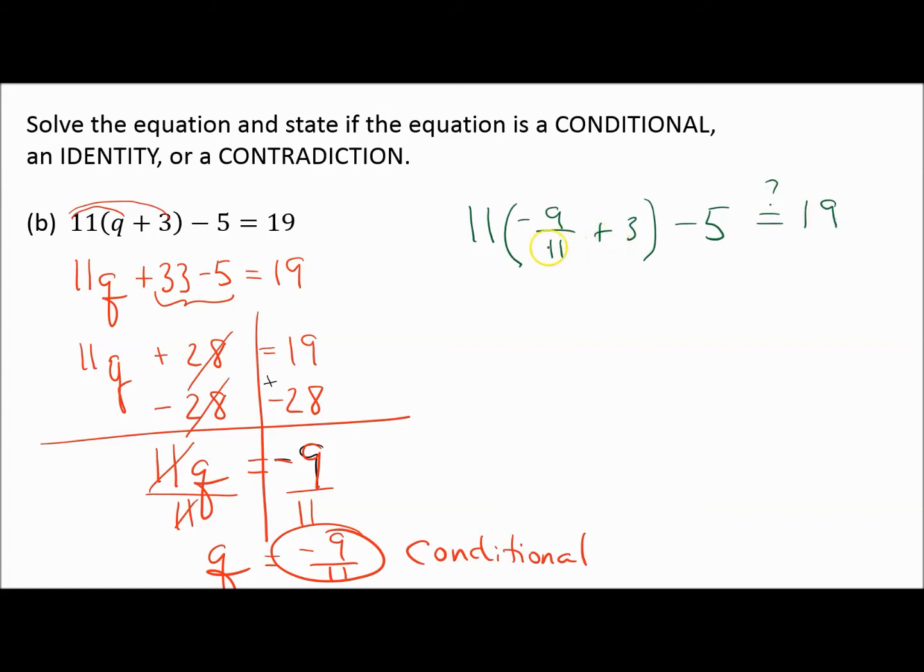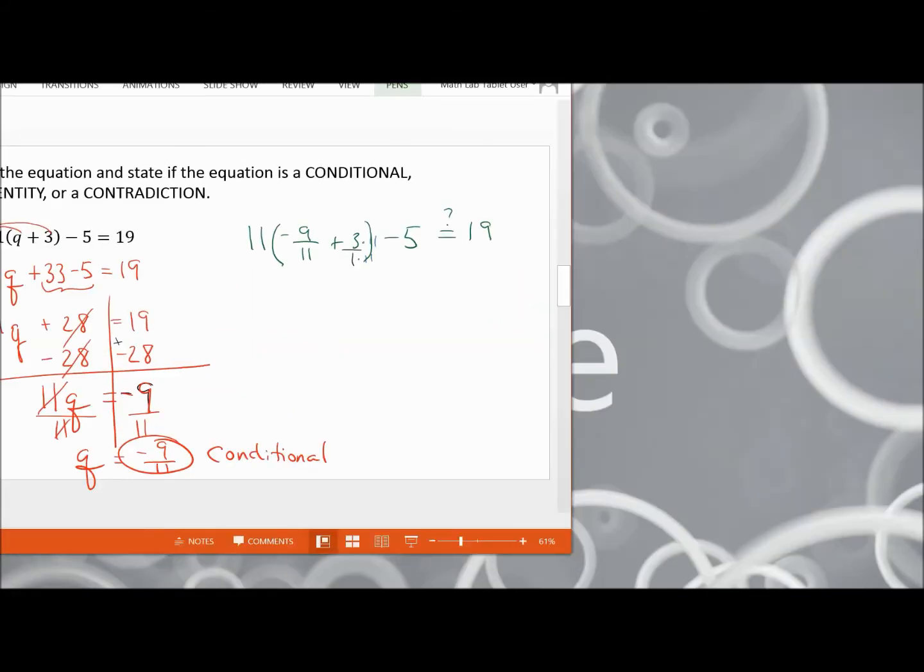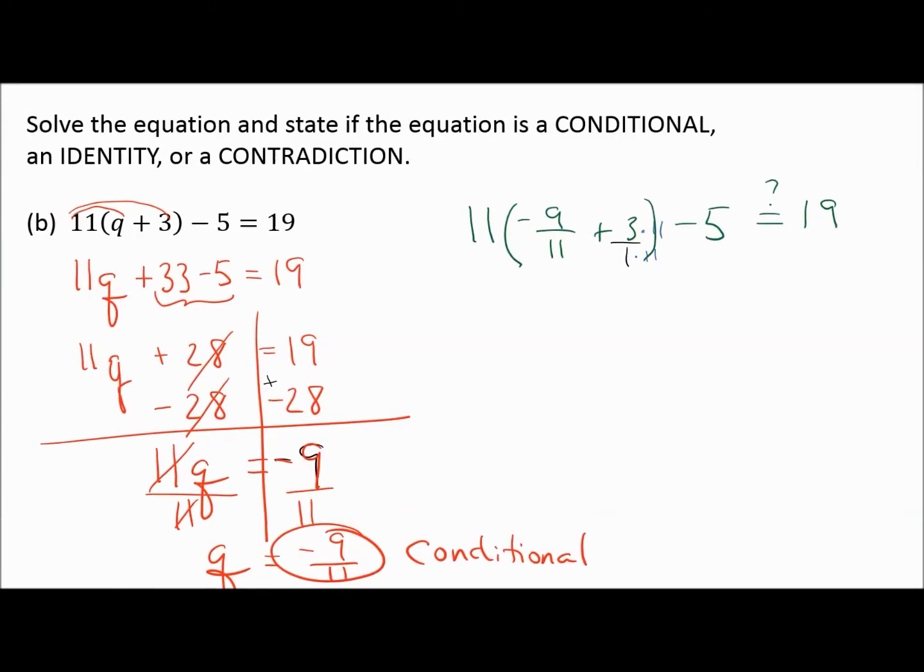Now, I do order of operations, which means I add in first. So this 3 is actually over 1. Now I need a common denominator. That happens to be 11. So what I need to do is multiply my fraction of 3 over 1 times 11 in the denominator and 11 in the numerator, which is going to give me, well, I keep hitting every button I don't need to hit. I apologize. But that's going to give me